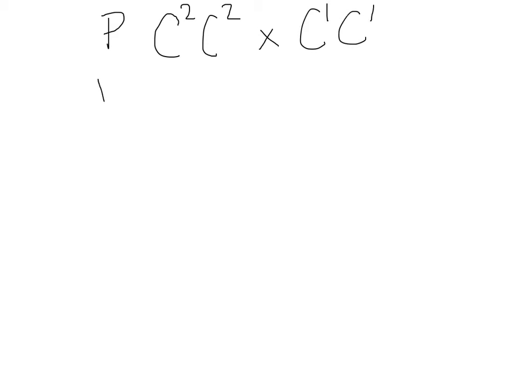Their F1, first generation of offspring, is going to be, no matter what, they're going to get a C1 from this parent. And no matter what, they're going to get a C2 from this parent. So all of their offspring will be C1 C2, which we know that heterozygote we're going to call palomino,